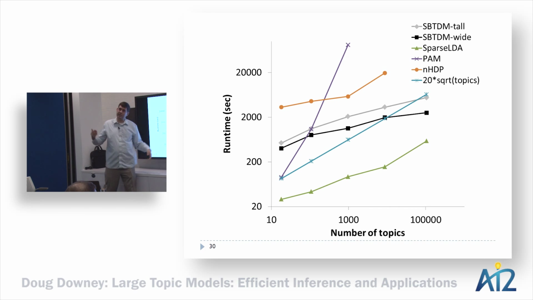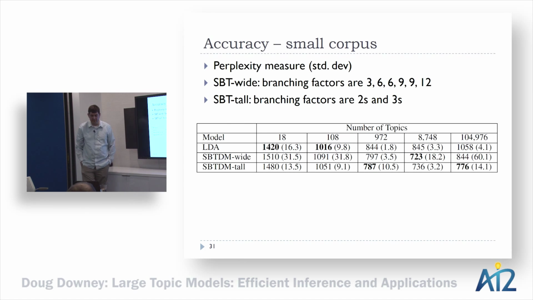Sparse LDA, which is one of these fast, flat topic model approaches, is faster than us. But the interesting thing is, as the topics get really large, you actually see a larger slope on the sparse LDA line than you do for the sparse Backoff tree lines. In principle, the tree-like structure ought to allow you to perform faster inference even than a fast sparse flat model. Although we're certainly not seeing faster yet, we do see that difference in slope, which is encouraging.